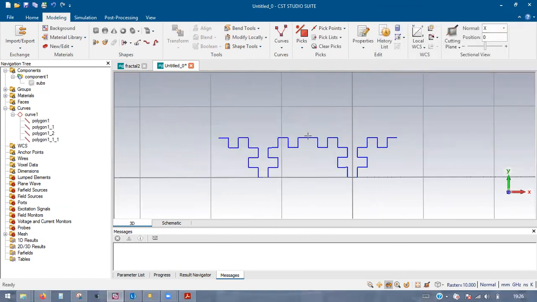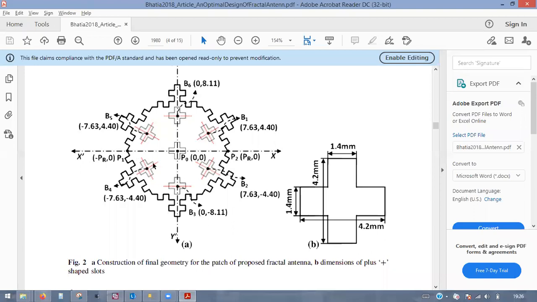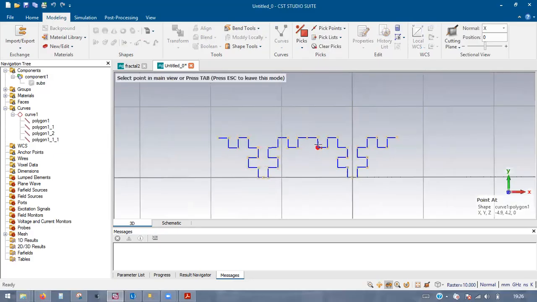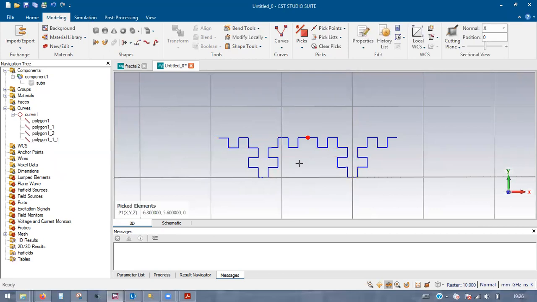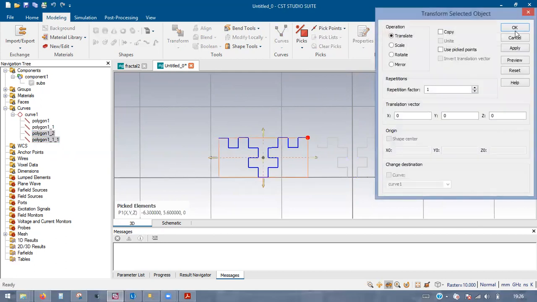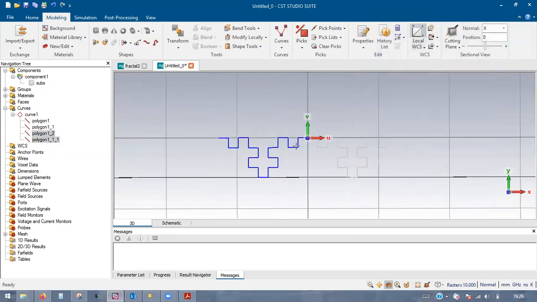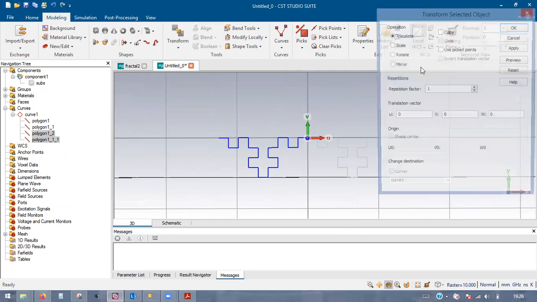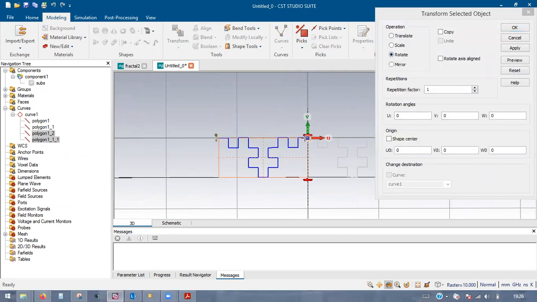So if you see here, it is at some angle, right? So we need to rotate this also from here. Before that you need to bring UW coordinates. Then you can use the rotation operation.